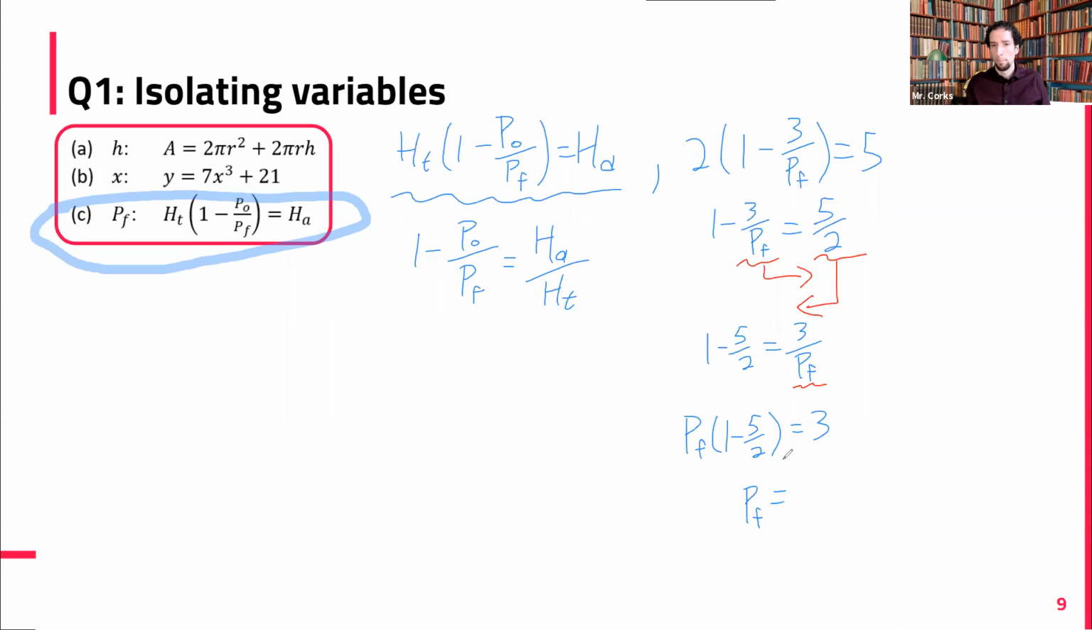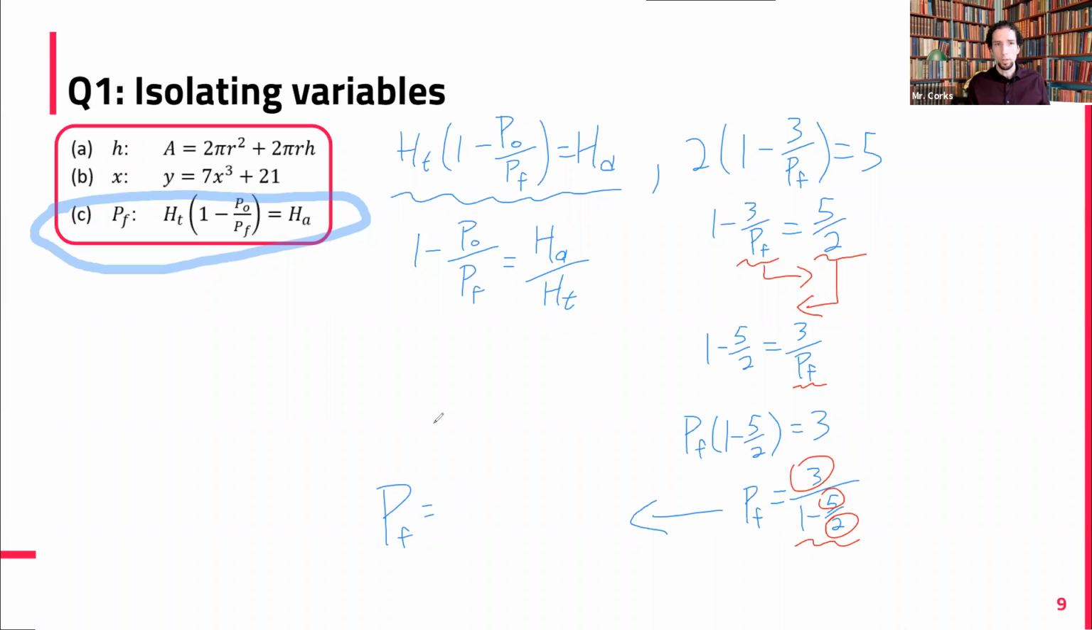Three divided by 1 minus 5 over 2. Yeah, so just the thing that now we are multiplying by PF, just divide by that. So 3 over 1 minus 5 over 2. And if we're here, I remember what the 3 is and what the 5 actually is and what the 2 actually is. I can just very easily take this and rewrite